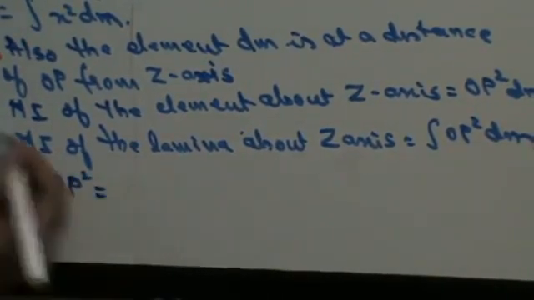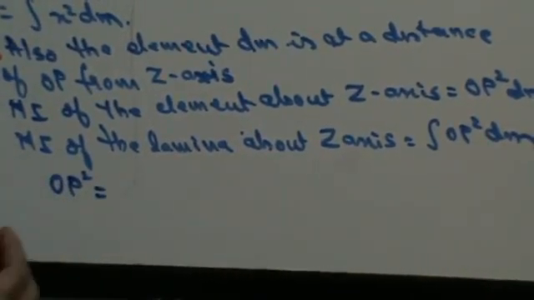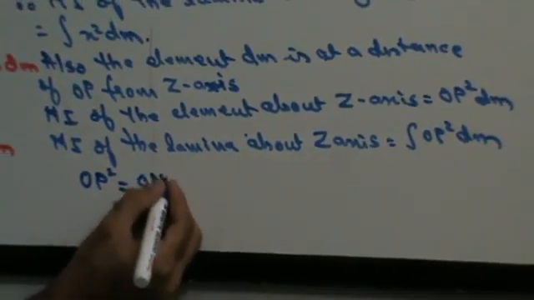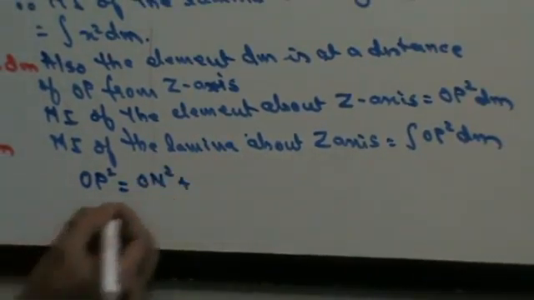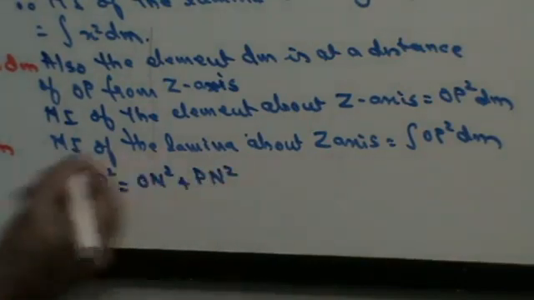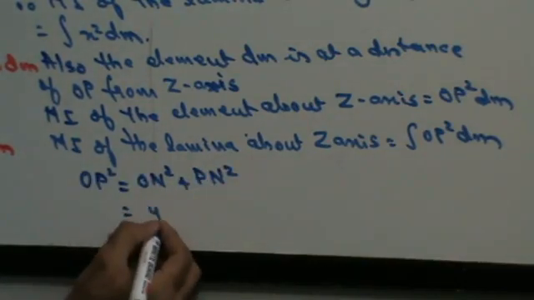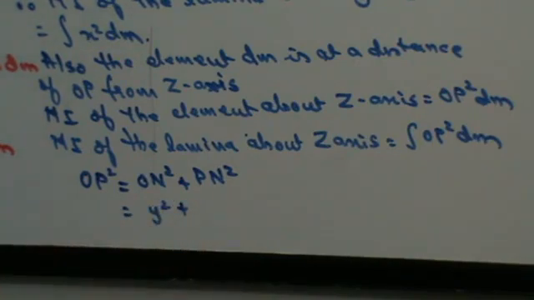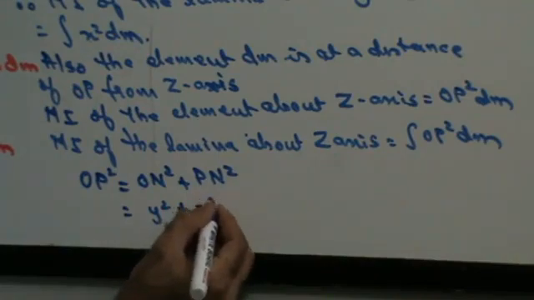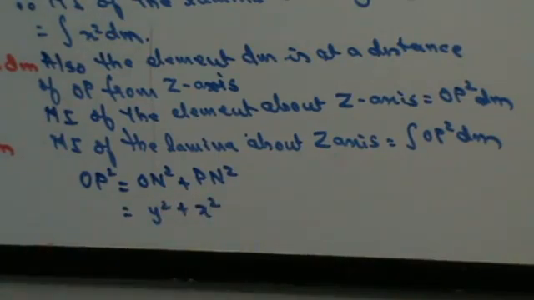OP square is nothing but ON square plus PN square, right? ON is nothing but y square. PN is nothing but OM square, so that will be nothing but x square. Therefore, I can say OP square is nothing but y square plus x square. Now, therefore, I can say moment of inertia about z axis